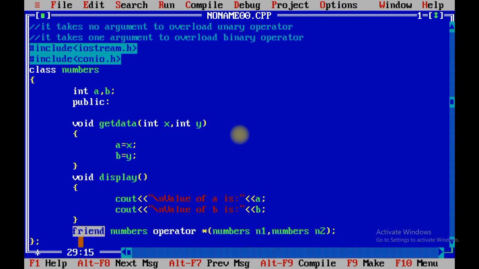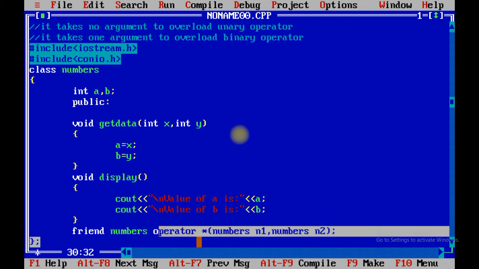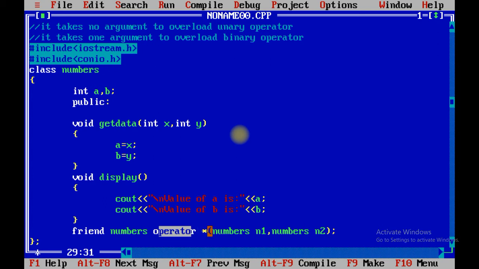This is the syntax, right? Number is the return type, operator is a keyword through which we can overload any operator. Over here we have taken the example of multiplication, and in the case of binary we can pass two objects in the argument list, and over here we have used the keyword friend.